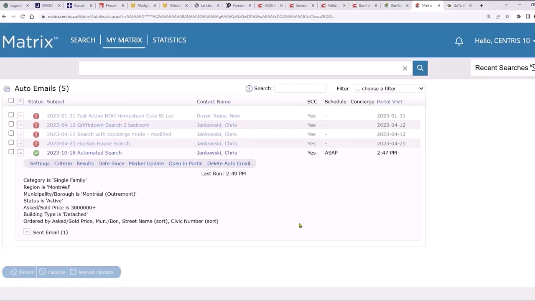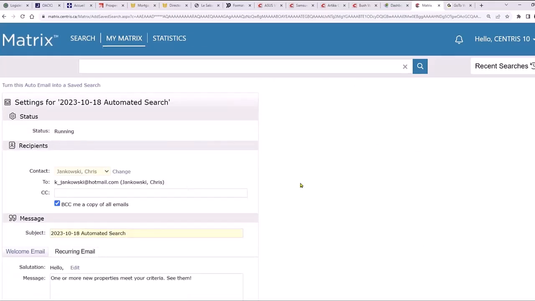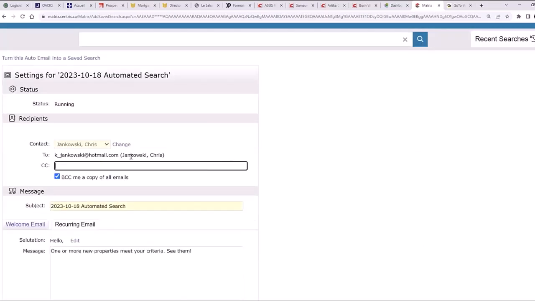However, if there are any changes to be made, we can go into the settings of the search itself, right? Look, here I selected myself, right? But let's say you're dealing with a client who has a spouse, or married, or civil union, or girlfriend, boyfriend, whatever the situation may be, significant other, maybe that'd be the term. You can put a second email in here.